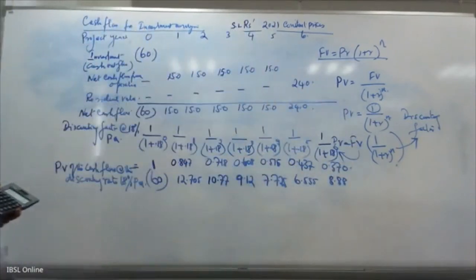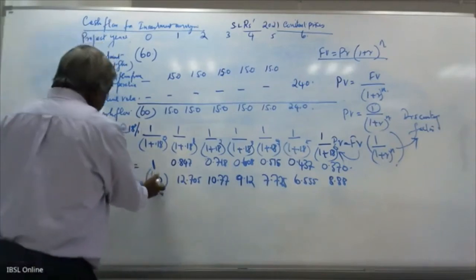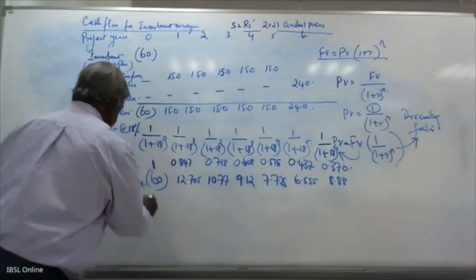So this is the present value of the cash flow at a discounting rate of 18%. So now we have converted to the present value at the discounting rate of 18%. So this is the negative outflow. These are the inflows. Let me see. This is equal to